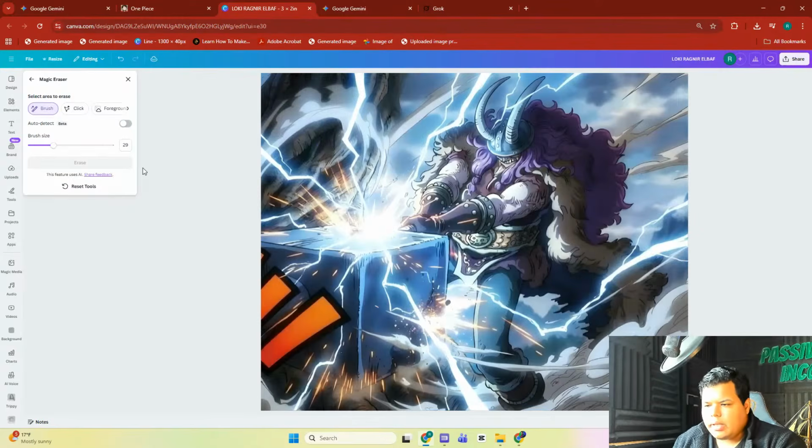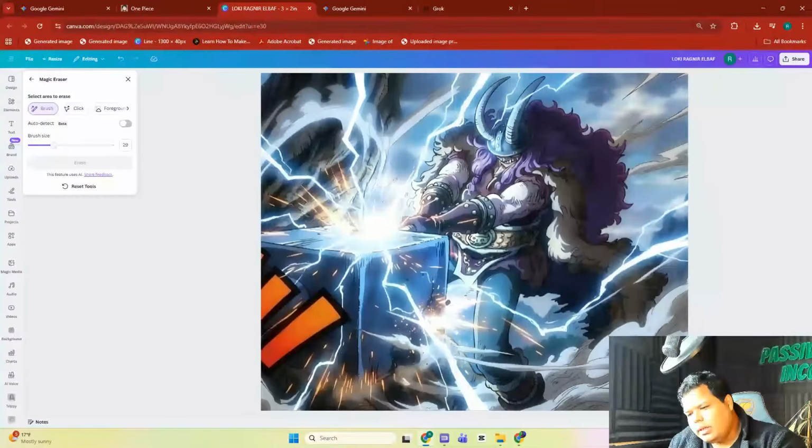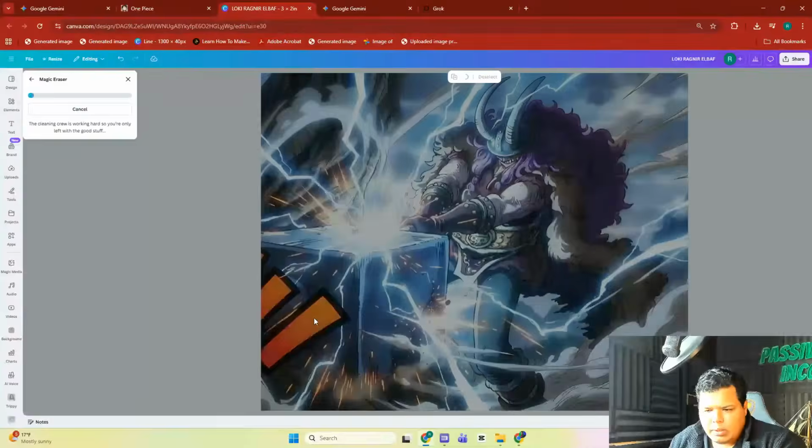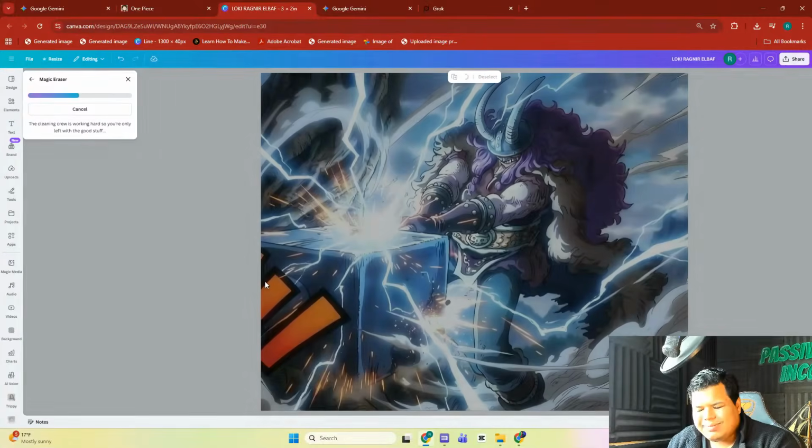All right, as you can see, they were magically erased. Now, I'm also going to erase the Google Gemini logo from here because it might alter the animation. And then I will erase this, but this one is a little tricky because it's stuck to the hammer. I don't really think it would be wise to remove it, but let me see if I can do it,